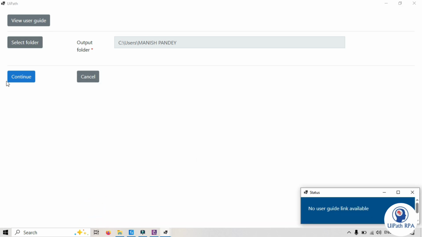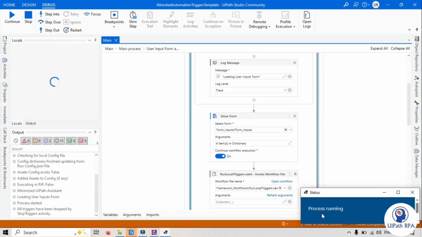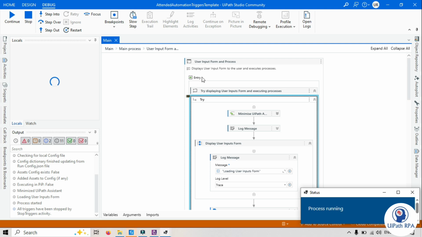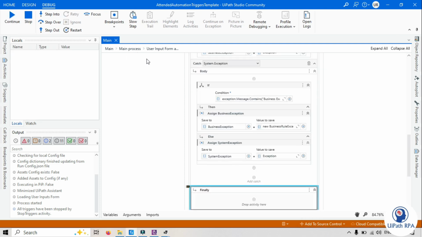And let's click on continue. So as per this automation, it takes the path and processes that. Once you click on that, you see status is updated, like process is running. So currently process is running. Now let's see, it's going to move to the next state. Going to finally,